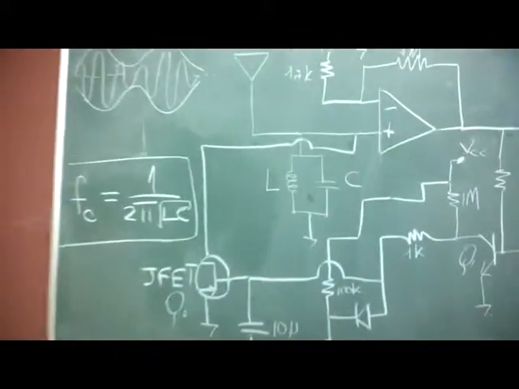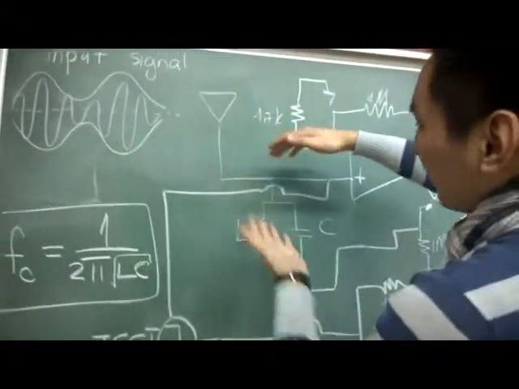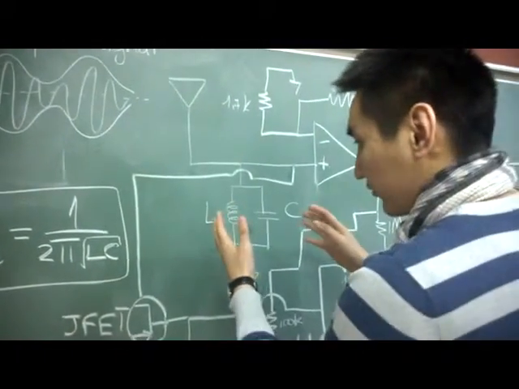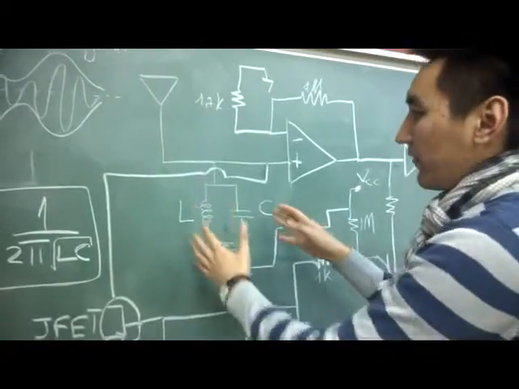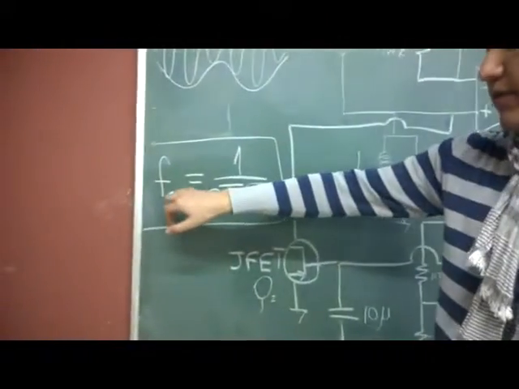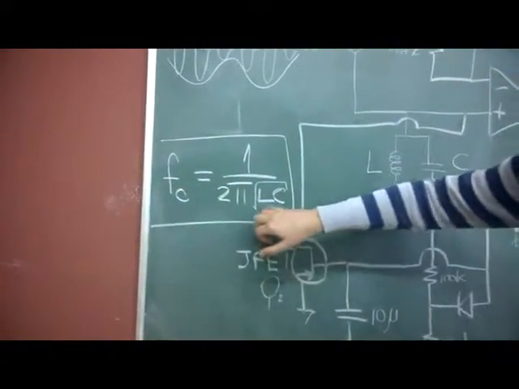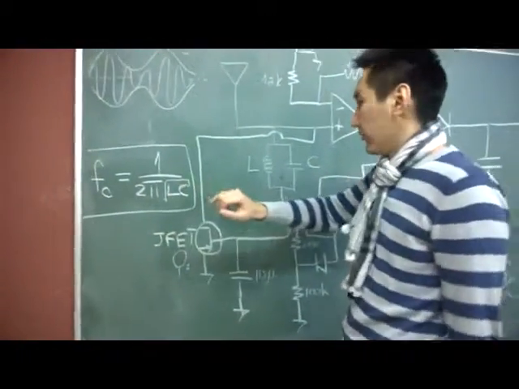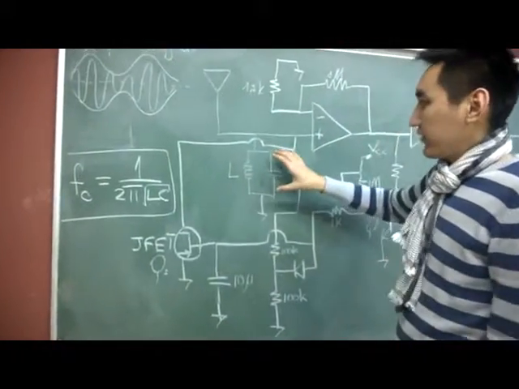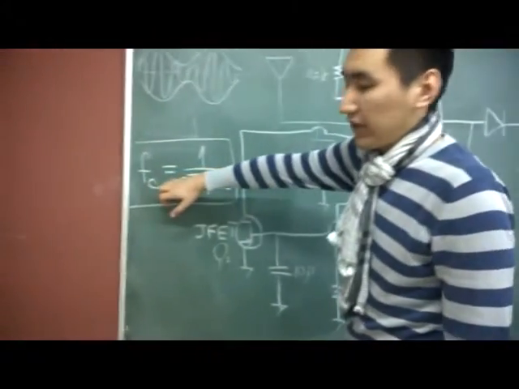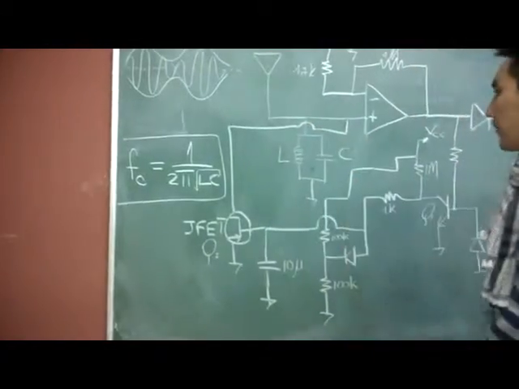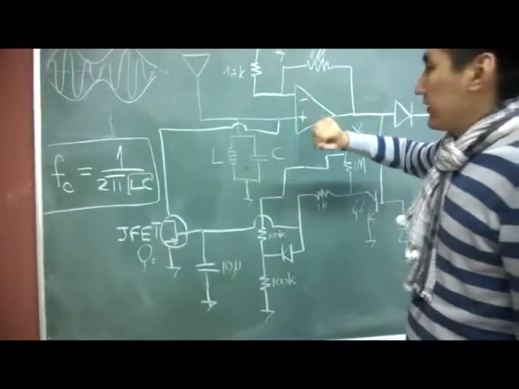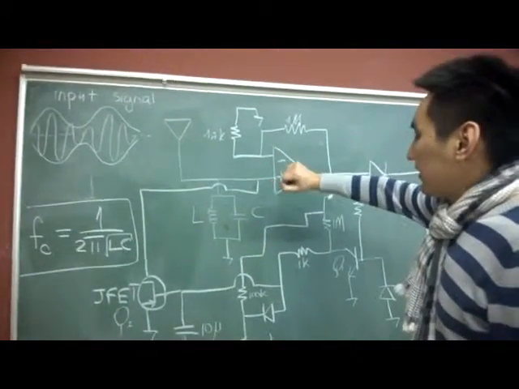So first of all, to receive the signal we use the antenna, which is matched to the LC circuit. The LC circuit plays a crucial role because it acts like a filter. When you play with this formula, we find the critical frequency, and you can see that the critical frequency can be found by the LC in the root. So when we match the LC to our carrier frequency, we receive the signal from the antenna. After we pass the signal through the LC filter, we send the signal